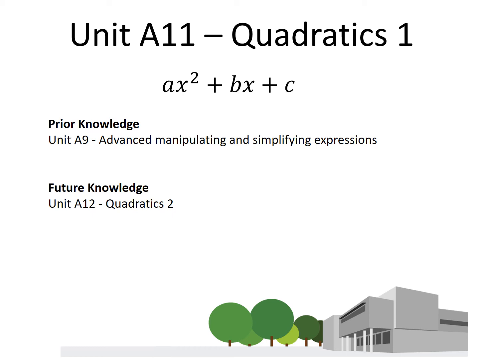As I say again, of those 10 objectives, 6 are for higher students only, and for future knowledge this will then lead into A12, where again a lot of the content of A12 is for higher students only, and you'll be learning things like how to find nth terms of quadratic sequences. You'll be learning how to solve quadratic inequalities and also to solve simultaneous equations where one term is written as